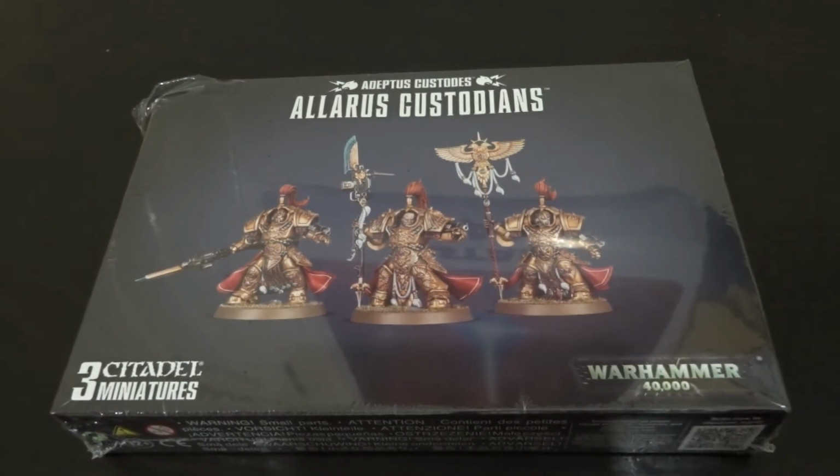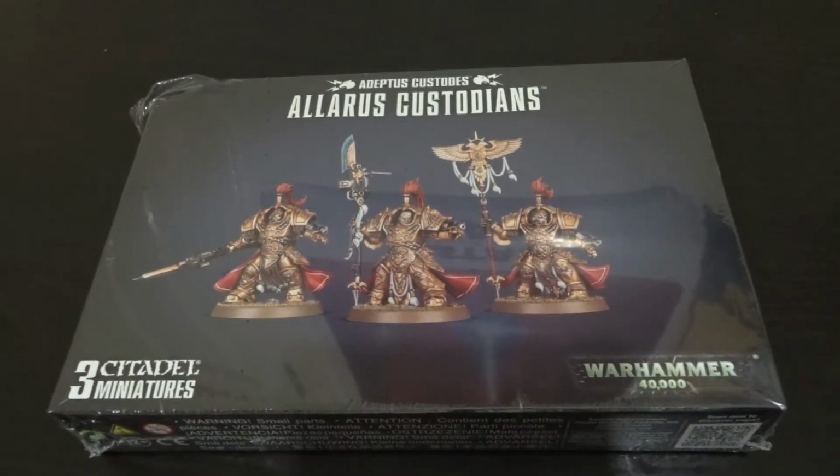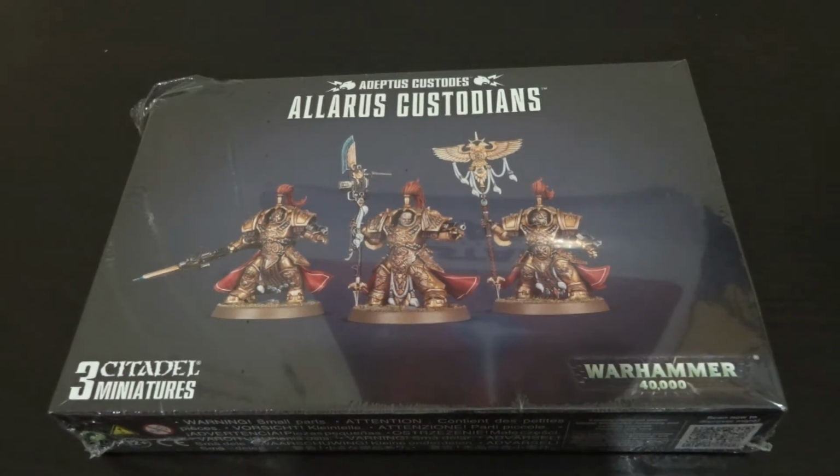Hello and welcome to another unboxing video, and today we're doing the Allarus Custodians, the new elite choice for the Adeptus Custodes. Now these guys in the lore are put together to hunt enemy leaders. They deep strike onto the battlefield, kill an enemy general or captain or whoever's in charge, take out strategic points, and then spearhead the main assault or the mop-up of the remaining enemy forces that have obviously been tossed into